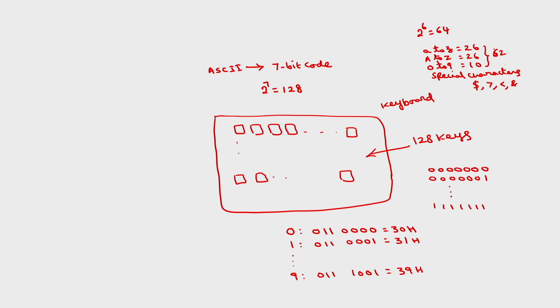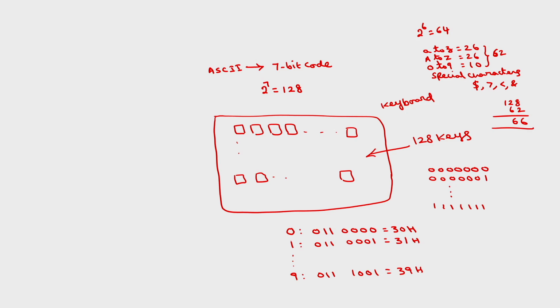Okay. So to include more special characters, we will go for a greater number of bits. ASCII is a 7-bit code, so we can have 128 different characters. Out of that, 52 represent the lowercase and uppercase alphabets, and 10 the decimal digits. So the remaining, 128 minus 62 is 66, we can have 66 special characters. So that is why we go for the ASCII code.